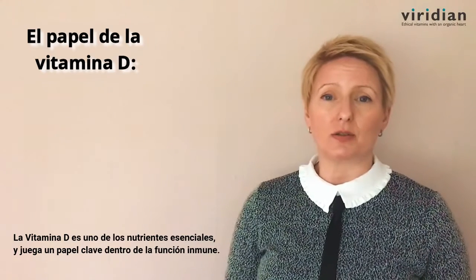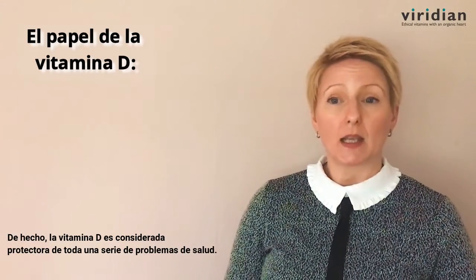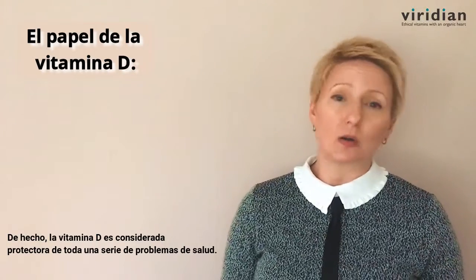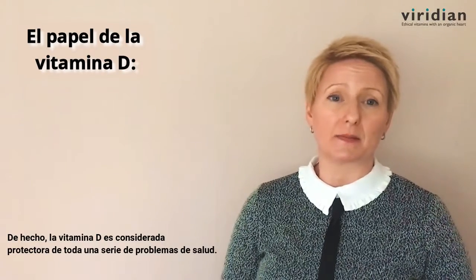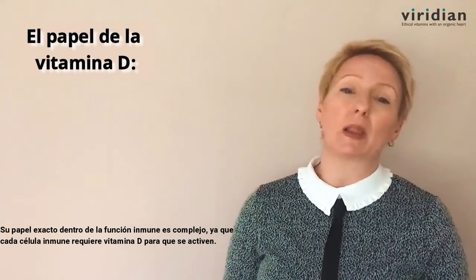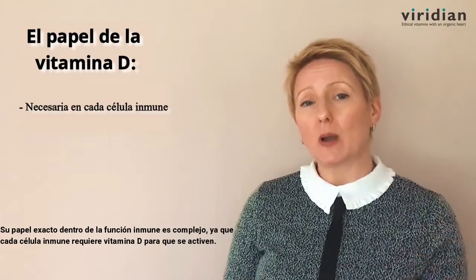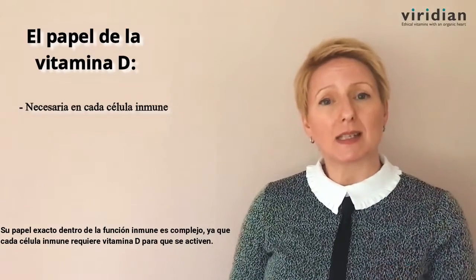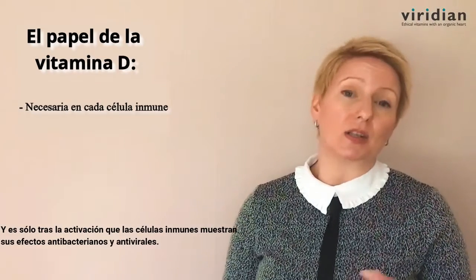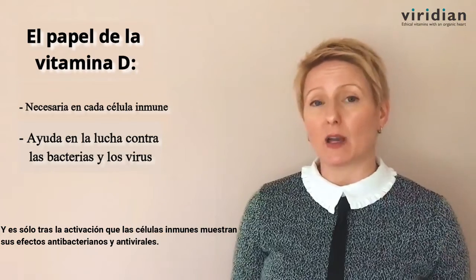Vitamin D is an essential nutrient and it plays a key role within the immune function. In fact, vitamin D is considered protective of a whole array of health issues. Now, its exact role within the immune function is complex, but in brief, every single immune cell requires vitamin D for those cells to then be activated, and it's only upon activation that immune cells display their antibacterial and antiviral